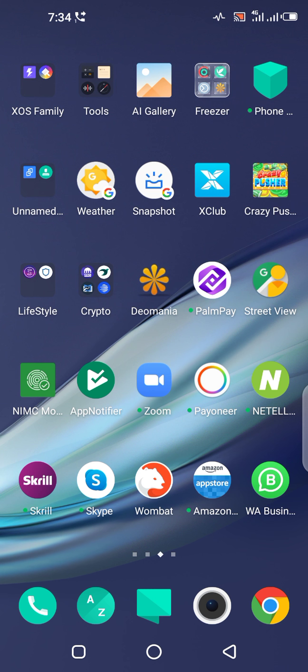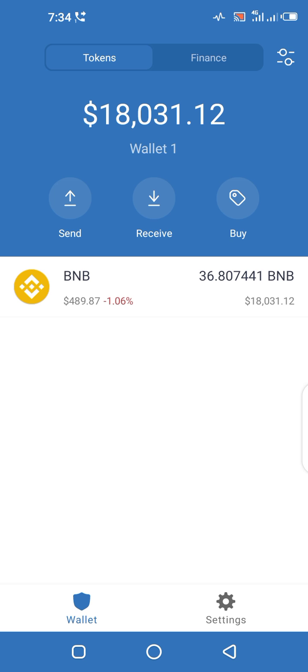I'll paste the BNB address in the description. You copy that BNB address and put it in the address space. When you paste it, click on import, and that's it. Once you click on import, it will show you a watch only value here. That's a watch only BNB value that you cannot withdraw, but I'm telling you that you can withdraw it now,